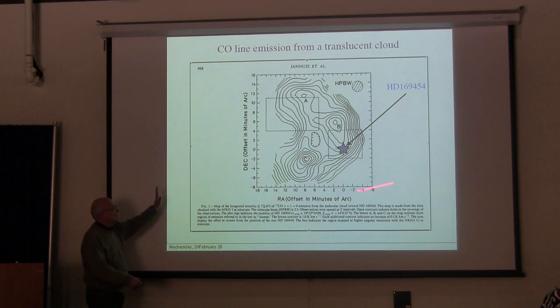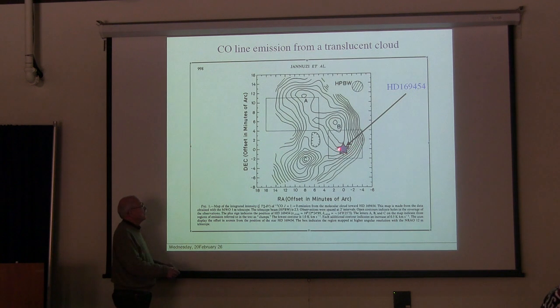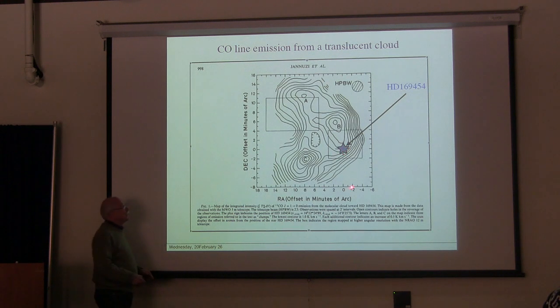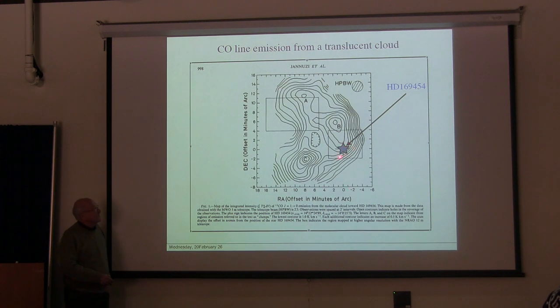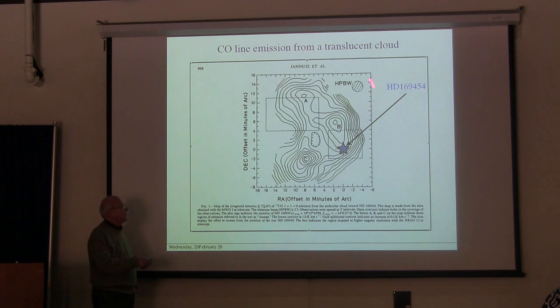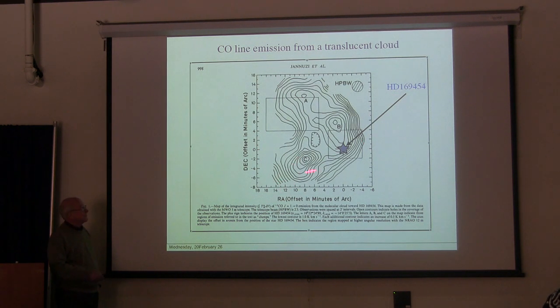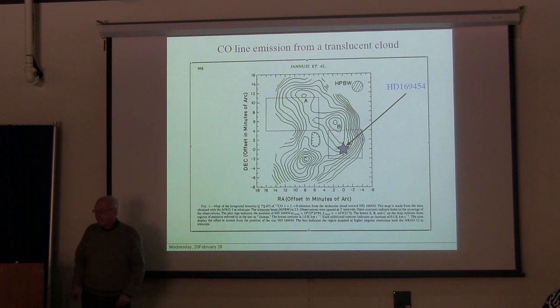So these are coordinates on the sky offset from the stellar position. And so we already knew that there was a large concentration of atoms and molecules in this direction, and thought it would be fun to see if we could actually map out a structure that might have closed contours and signify a cloud